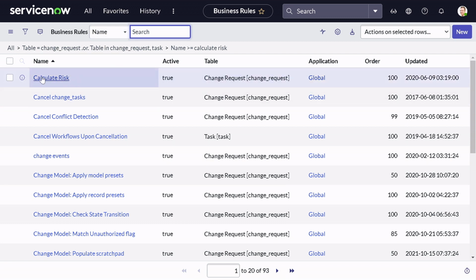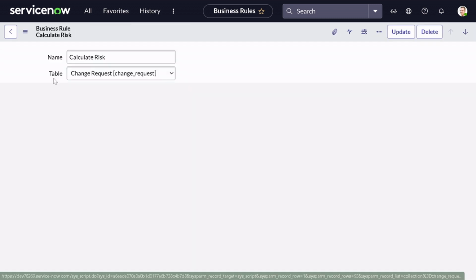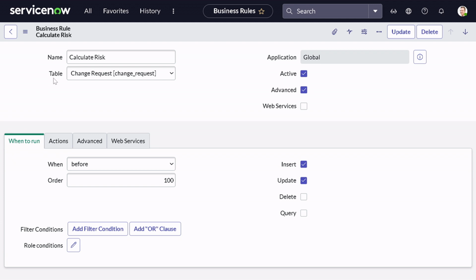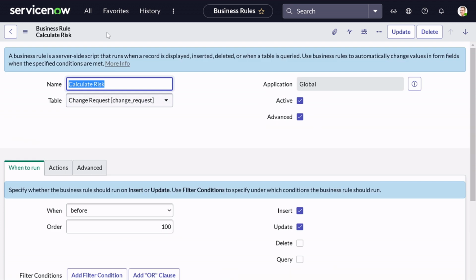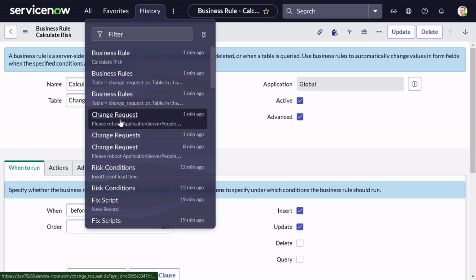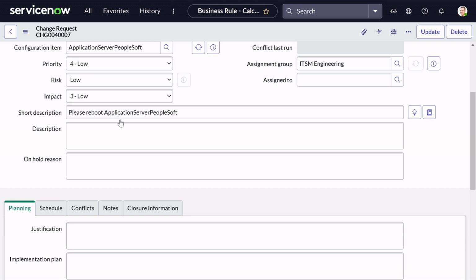So yeah, you can see this particular one. This is a business rule which is on insert and update, which does the same thing that your UI action is doing, but there is no manual intervention. It's an automated process. So this is how it goes. So I will go back to our change request,